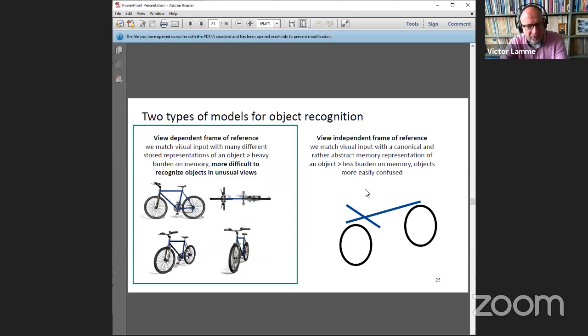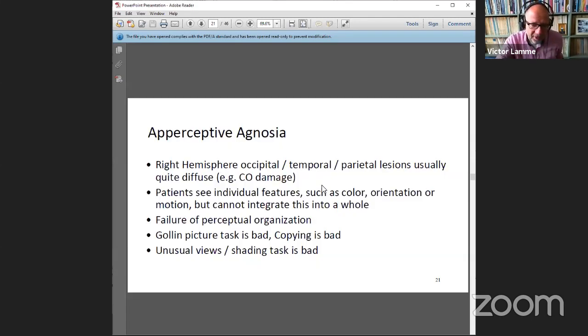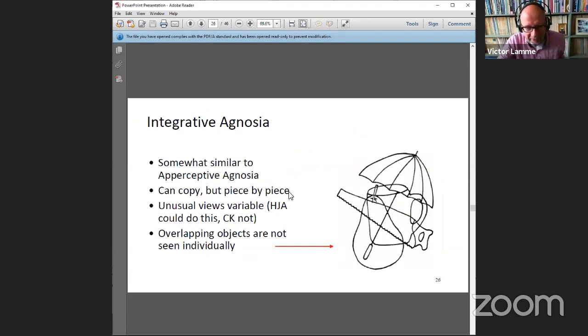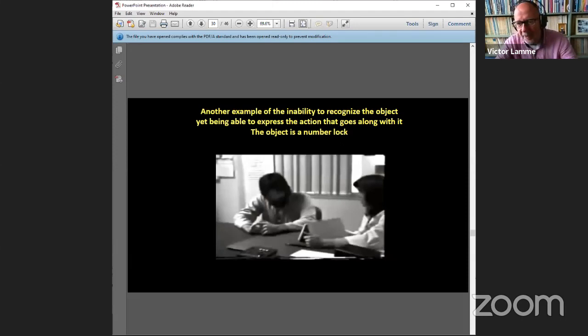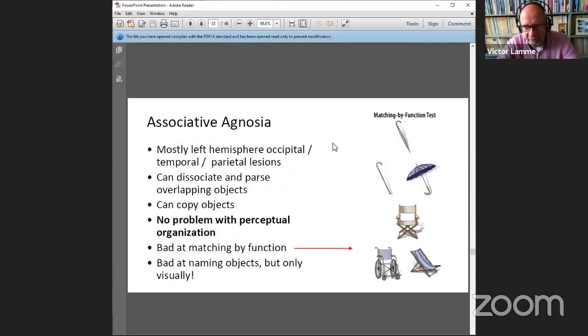Okay, so of course I'm not going to go over all the other different agnosias, but that's more or less the idea. So you have to know the features of the condition, like here in apperceptive agnosia, or like here in integrative agnosia. This is just a list of the features, but the features themselves are explained in the other slides. Same here for associative agnosia. So I hope, Mala, that this answers your question. If not, maybe you can signify us in some way. I don't know how that works, but